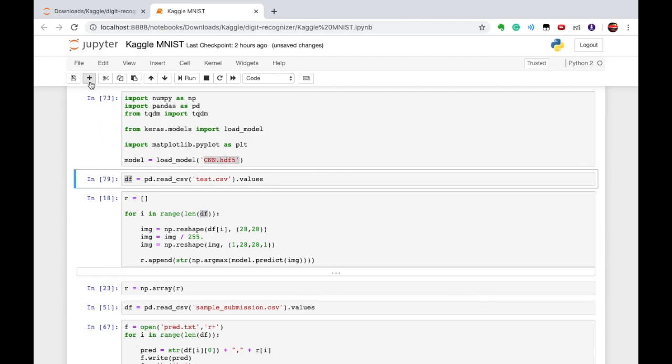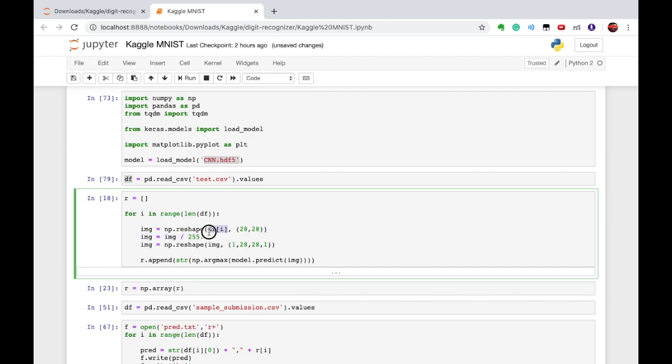And after that we are reshaping all the images, which we have done earlier. So we take the first image, reshape it, and pass it into the image variable. Then we'll take another image, reshape it into the same size, and put it into image.